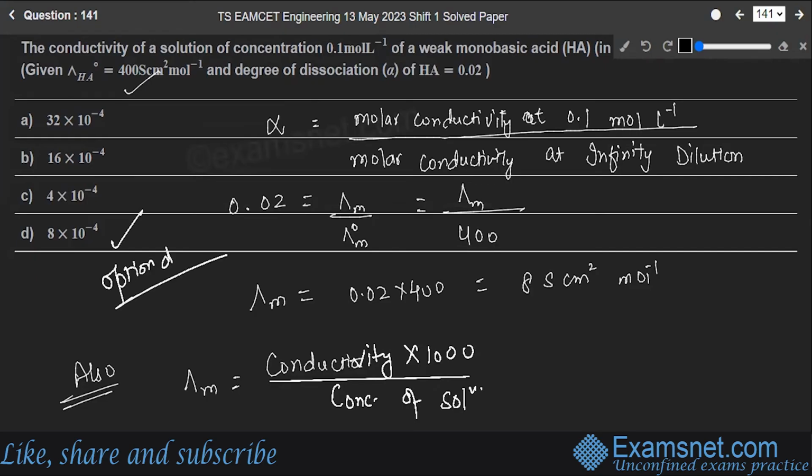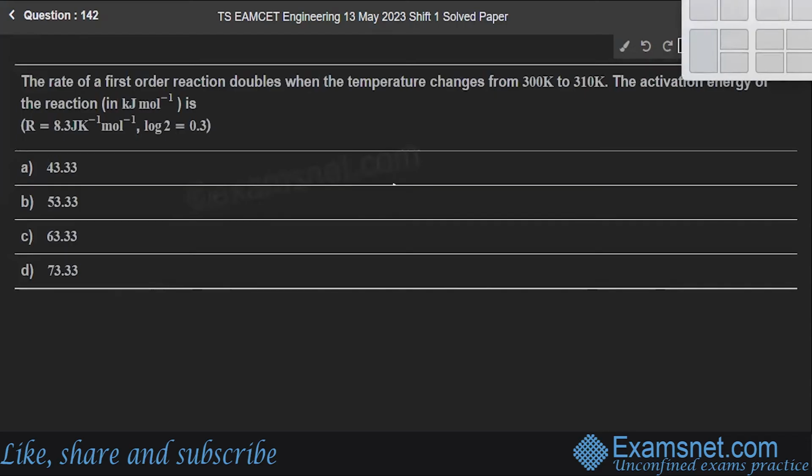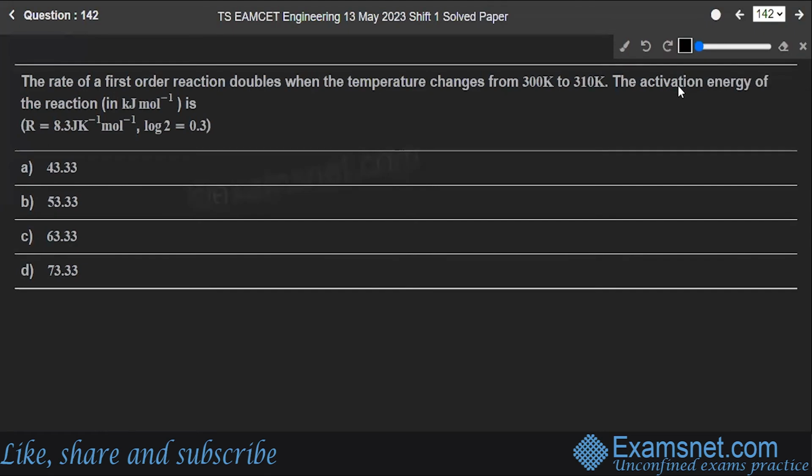Hope you understood. Next is question number 142. The rate of a first order reaction doubles when the temperature changes from 300 to 310 Kelvin. The activation energy of the reaction in kilojoules per mole is which of these options? All right. So according to the Arrhenius equation,